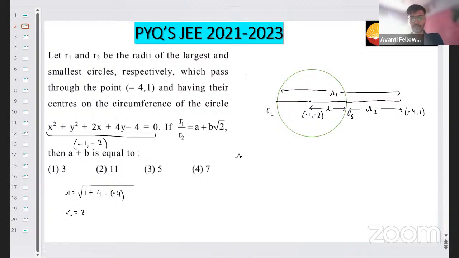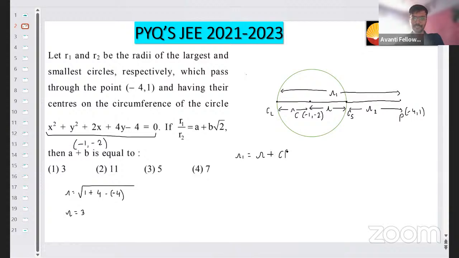Let me tell you what R1 is. Let this be C. Total R1 will be the distance from center to this point. Let this point be P. So I can say R1 will be equal to R,